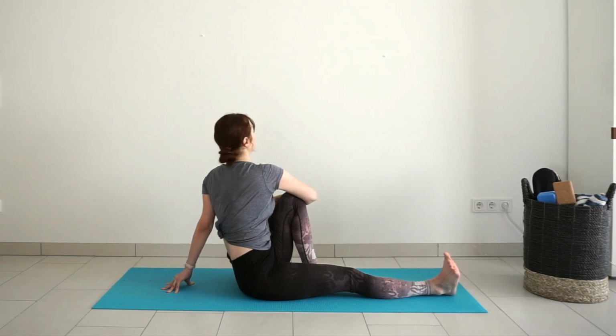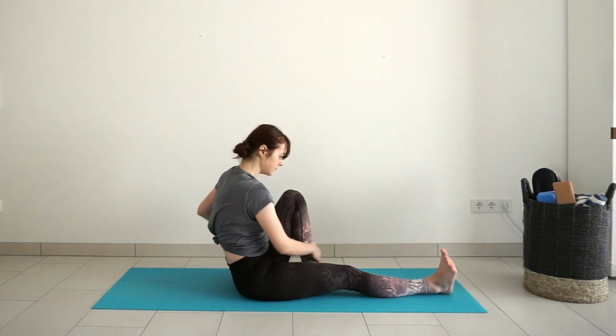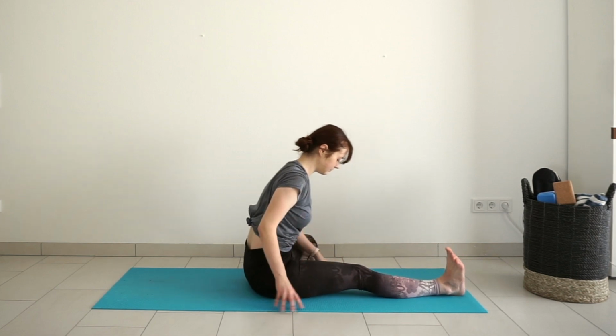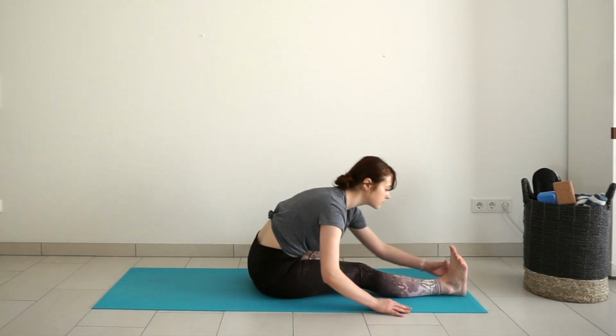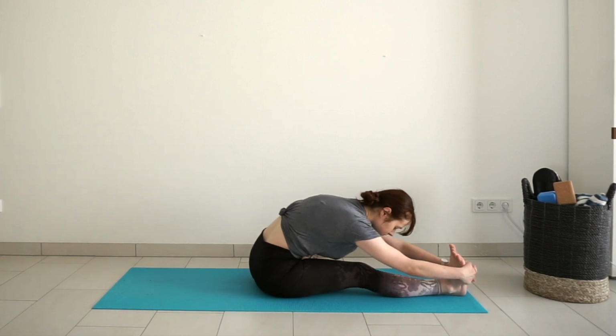Inhale back to center. Bring your knee to the floor. Keep your right foot flexed. Inhale, lengthen. Exhale, bend forward. Take a hold of your foot or your